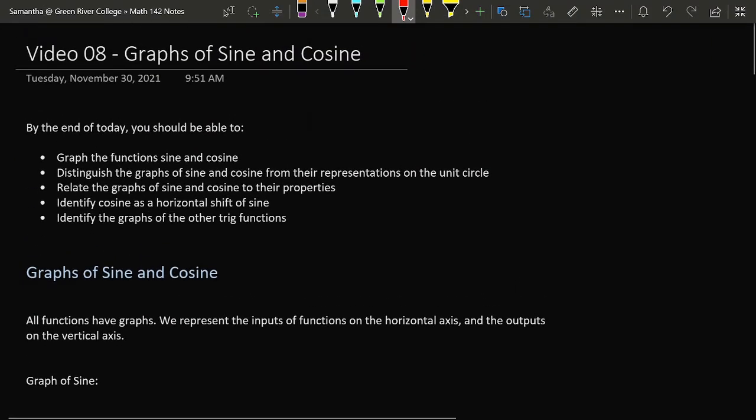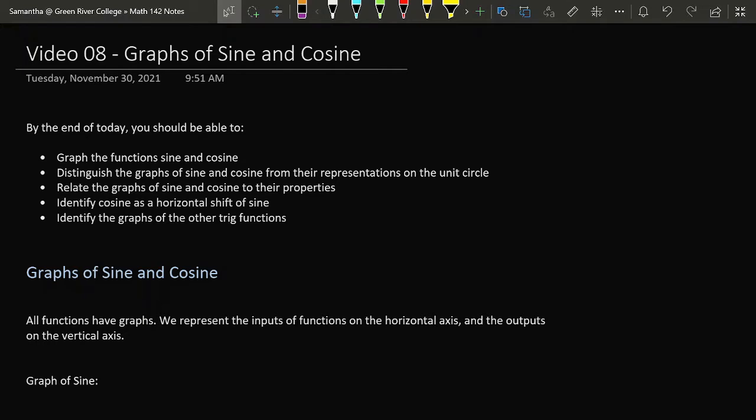In today's video, we're going to look at the graphs of the sine and cosine functions. So by the end of today, we should be able to draw the graphs of the sine and cosine functions. We should be able to acknowledge the difference between the graphs of sine and cosine and the unit circle representations of these functions. We should be able to see the properties of sine and cosine and how they manifest on the graphs. And we should be able to use the graphs to recognize that cosine is actually just a horizontal